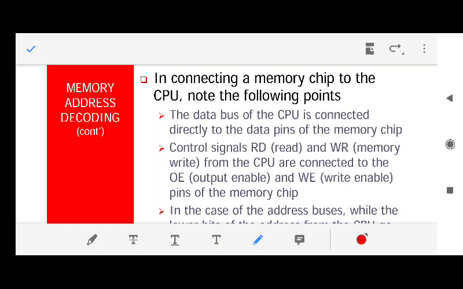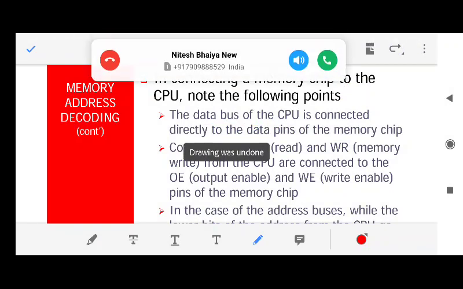So what you have to do is connect the data bus of the microcontroller or the CPU to the data pins of the memory. How many data pins does the 8051 have? The 8051 has 8 bits of data, because it is an 8-bit microcontroller. But those 8 bits of data are available at 4 different places, because there are 4 different ports of the 8051.